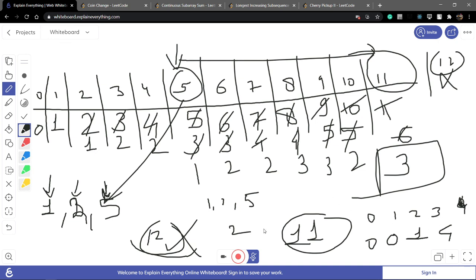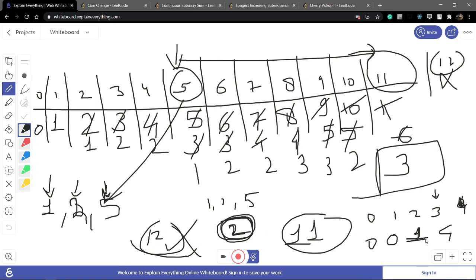Now 3 minus 2, that is 1. What is the value at 1? You have to start from 2, and now start from 3, to make amount 3 from the coin of 3.